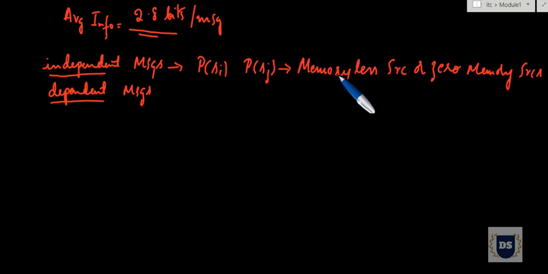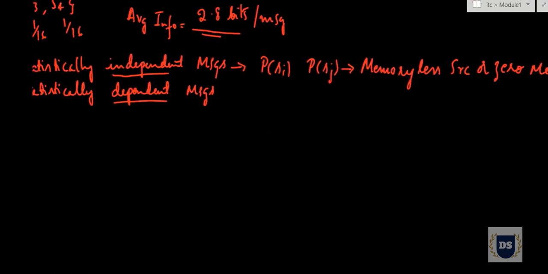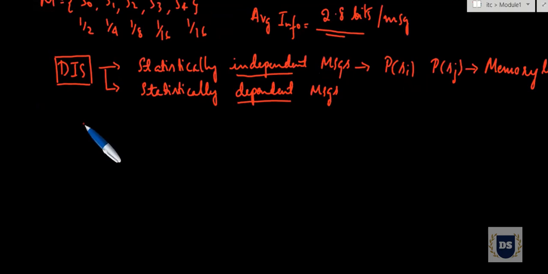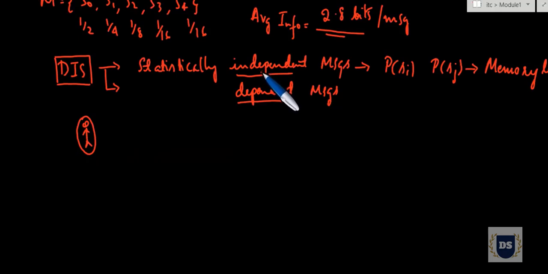So they are called memoryless because, if I think of a human being, I hope we all have memory. I hope you all believe that we have memory, and because of this memory, whatever we talk actually depends upon some other words which we have already spoken. So something that has memory in it comes along with dependency. Whereas something that is independent should not be associated with memory. Such are independent kinds of messages.